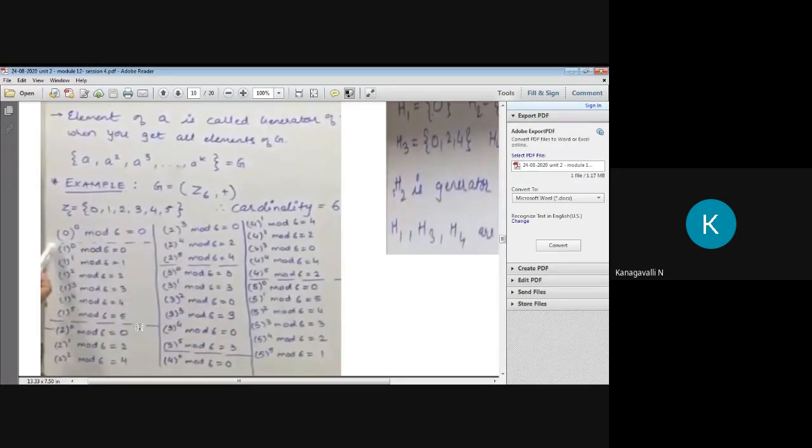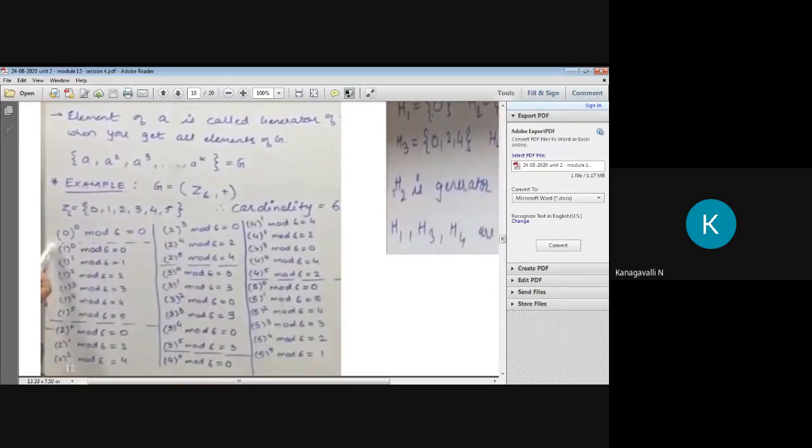So 5 mod 6 is 5. See, if you didn't listen to my words, when you see this page, definitely you are having a confusion, right? Something power 0, always we are performing multiplication, but here in your question they have given only the plus operation. So you need to take an addition, right?